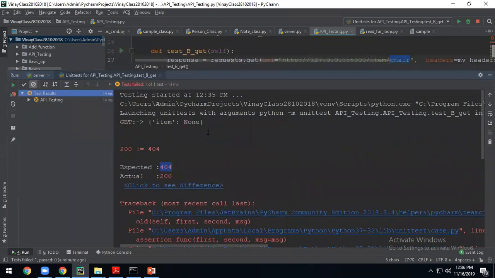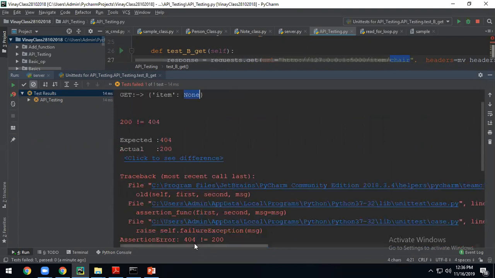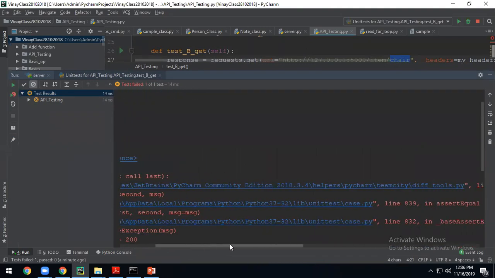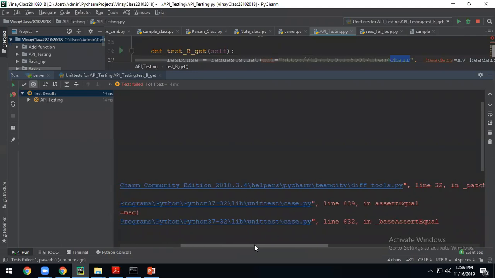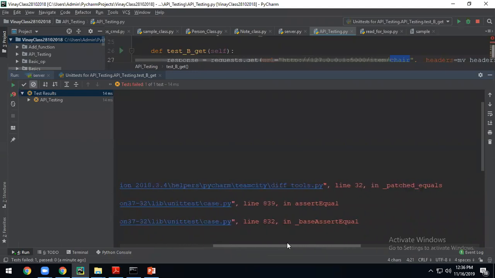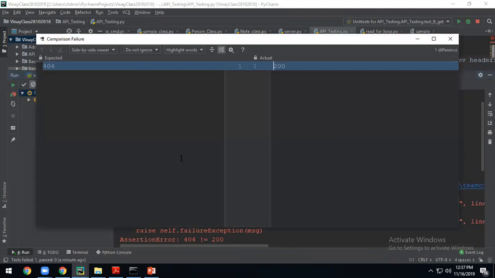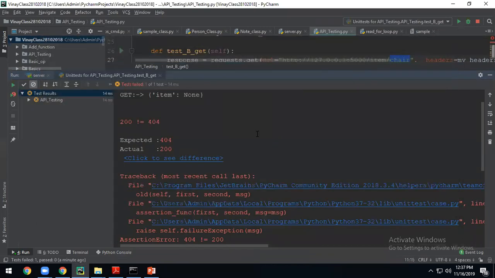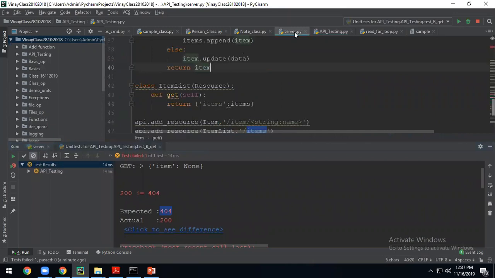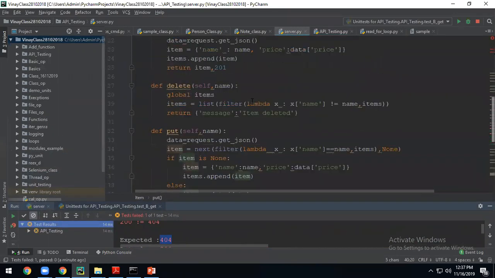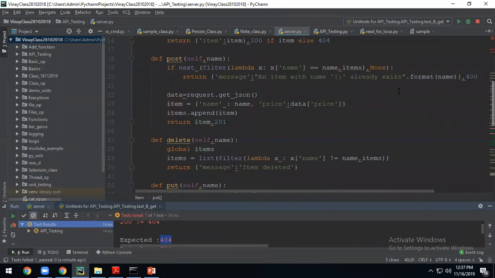Just a second. So get is throwing none, but it should be at a different location. Okay, it's a diff tool, it is saying 32. So click, see the difference. You are looking for 200, but you got 404. Why is it saying 404? We can see here. This is a 404. It is only sending, no?